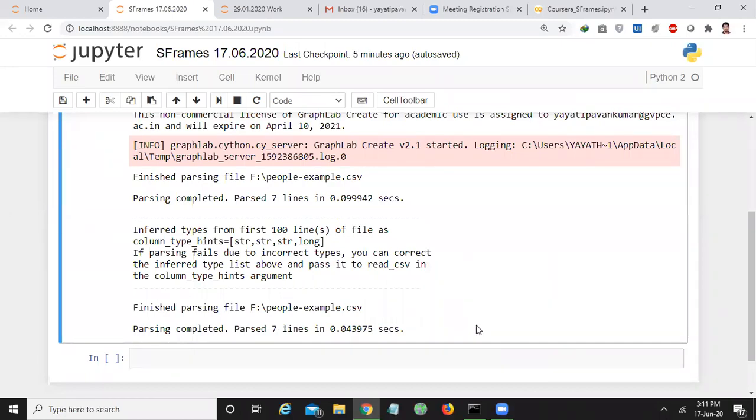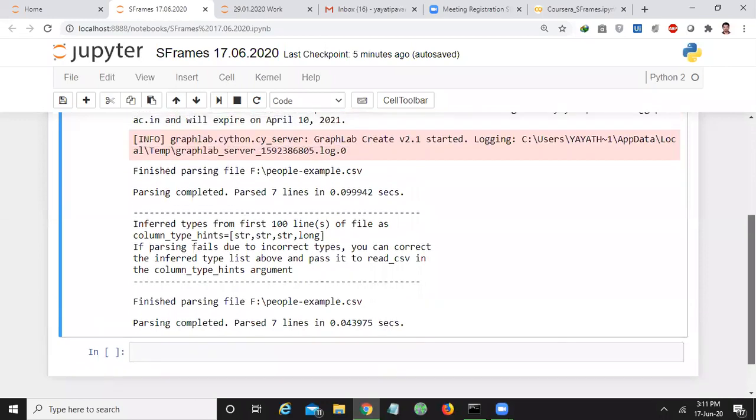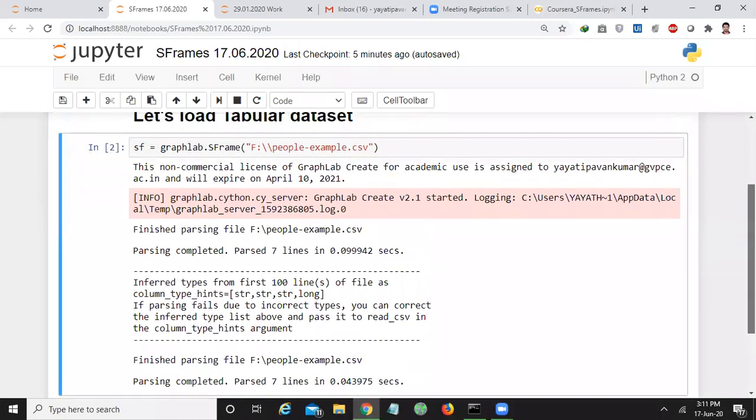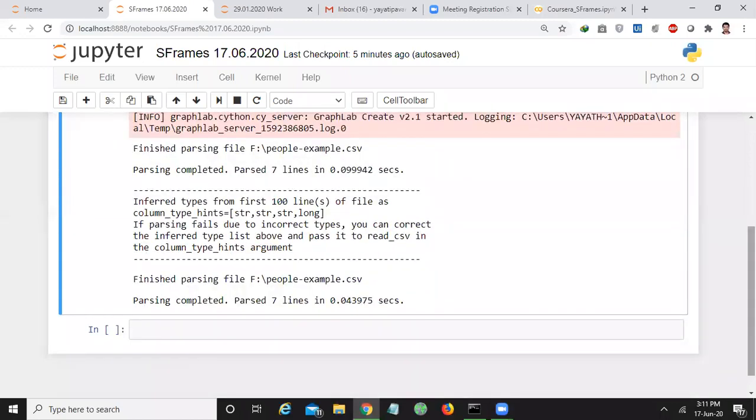So as machine learning algorithms require more and more examples, I always prefer to go to S frame rather than data frame. Of course, we can implement machine learning algorithms using data frames also, but with limited examples. Limited examples should be taken if you want to work with data frames and machine learning algorithms.